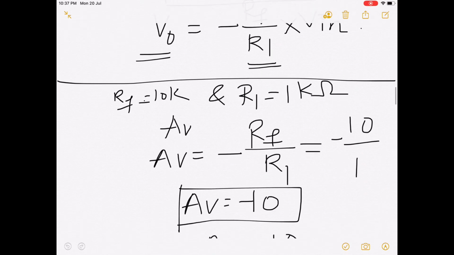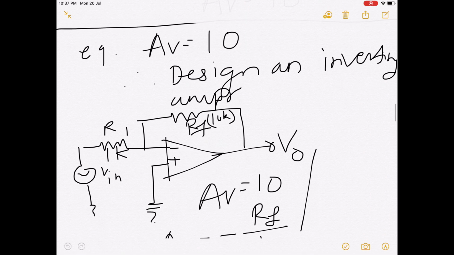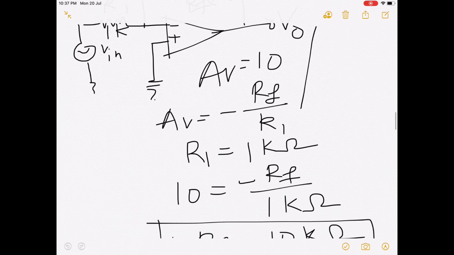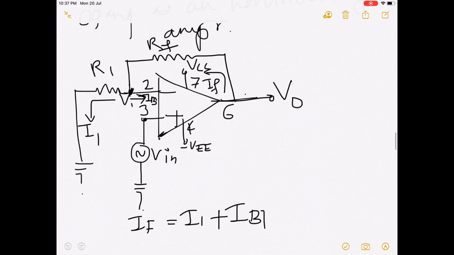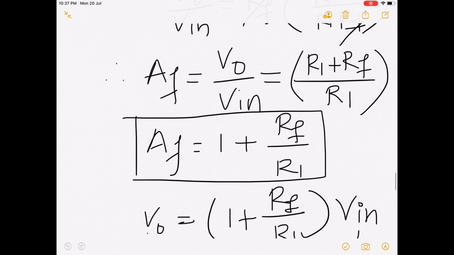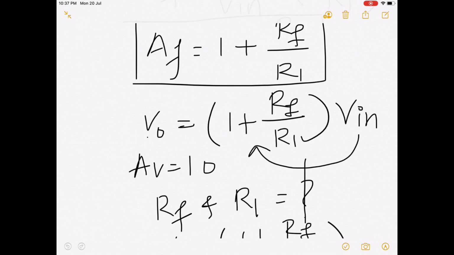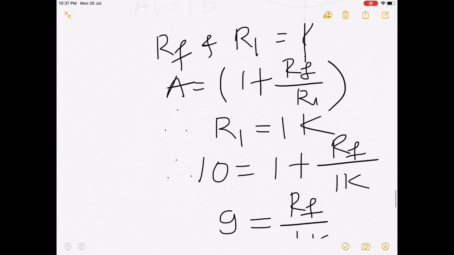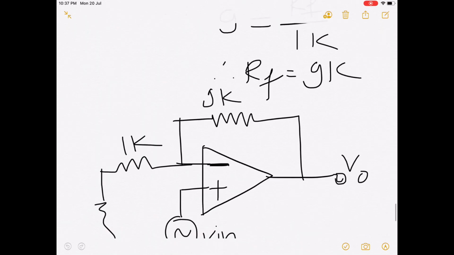Then next we have seen op-amp as a non-inverting amplifier. We have seen this circuit where we have applied input at non-inverting terminal of op-amp. Then we have seen the analysis, and finally we have seen the gain of op-amp in non-inverting amplifier as 1 plus Rf by R1. Okay. So, also we have seen some examples of designing of non-inverting amplifier.